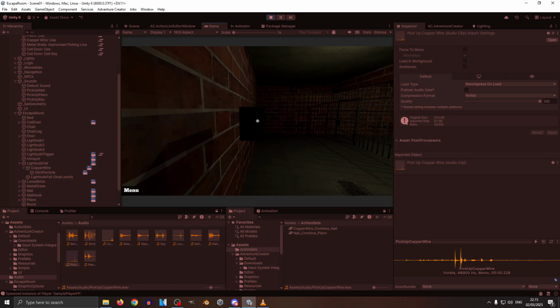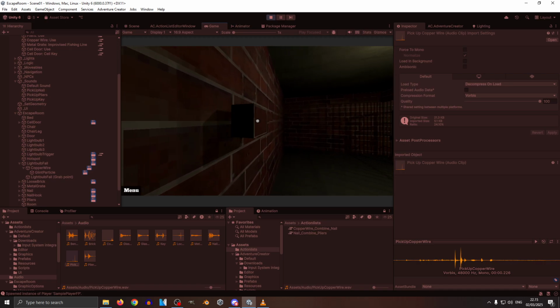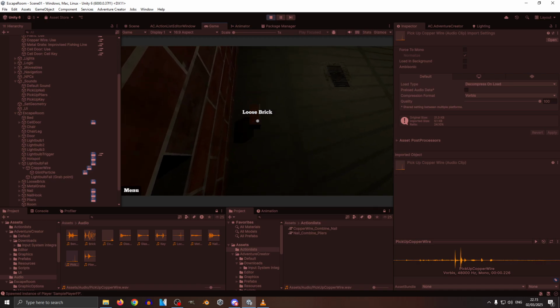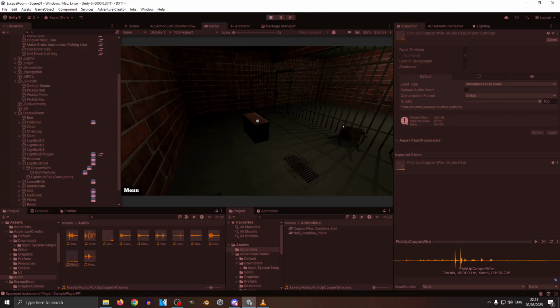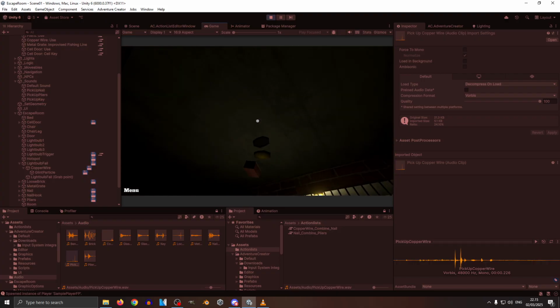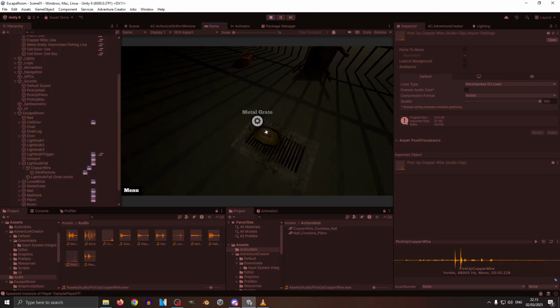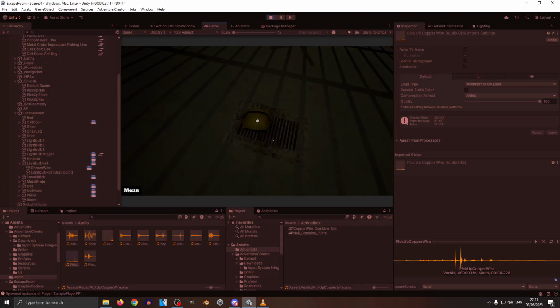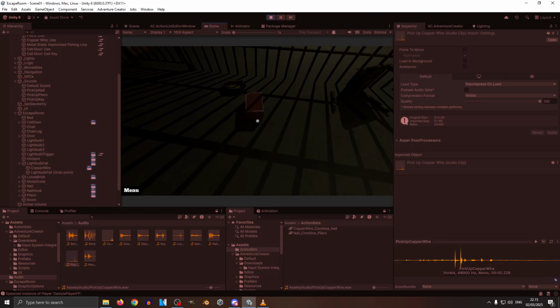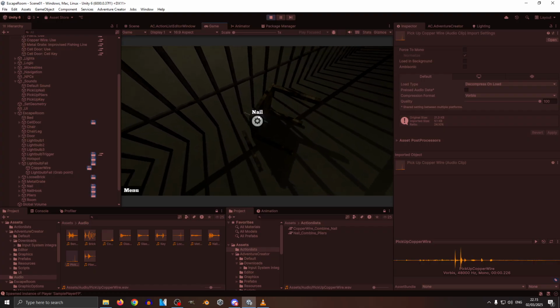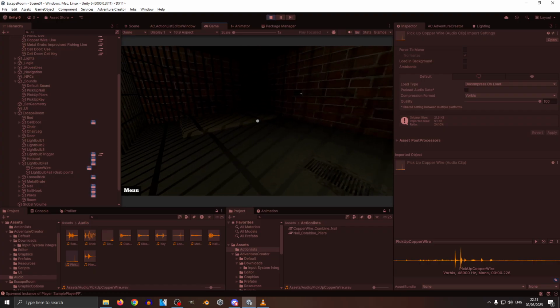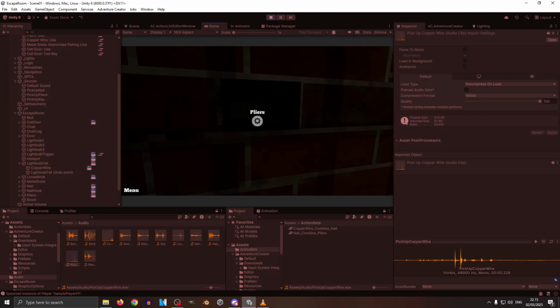So when we hit the brick hard enough into something, or it falls, it plays the sound. It hit the glass thing, it broke. Pick up for the copper wire. It's very subtle. Pick up for the nail, then pick up for the pliers,